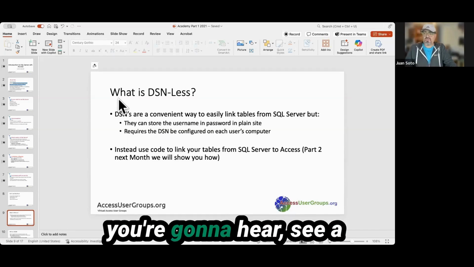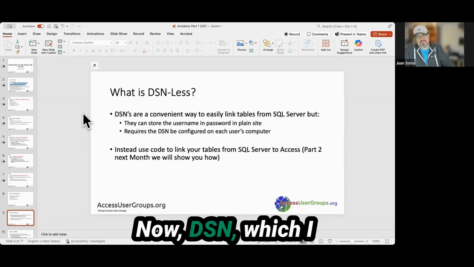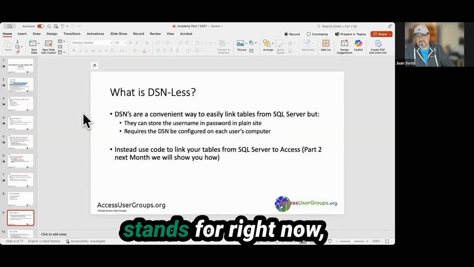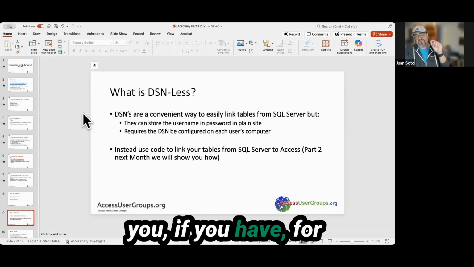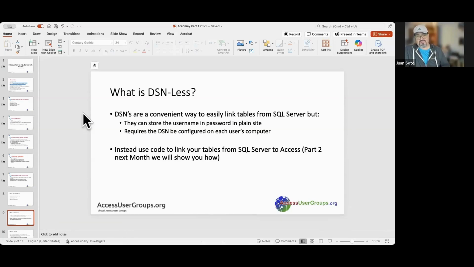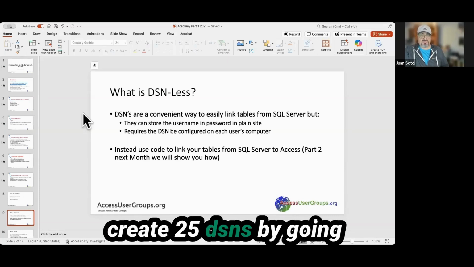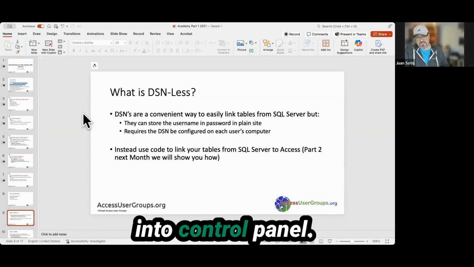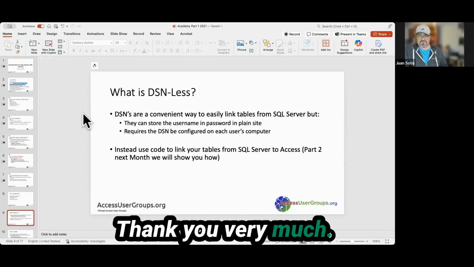So you're going to see a lot about DSN-less connections. With DSN, if you have, for example, 25 users using your database, you would have to create 25 DSNs by going into Control Panel. Okay, thanks, Jan. Data source name.